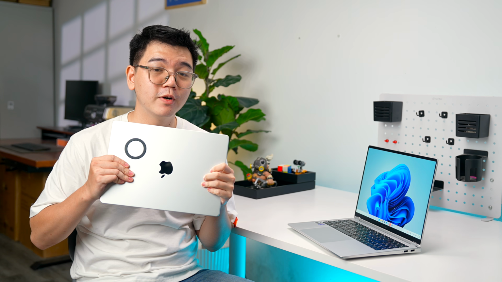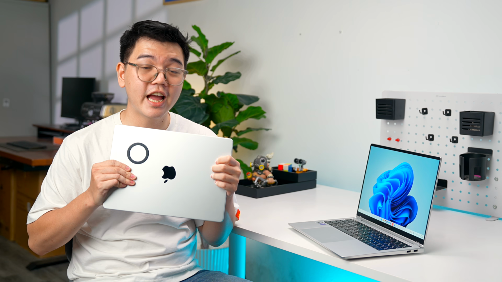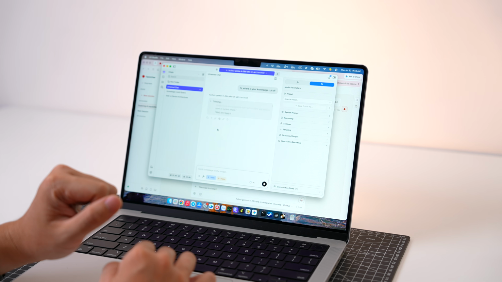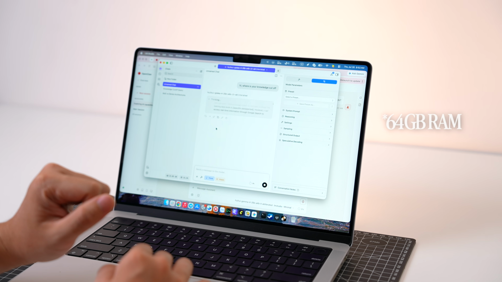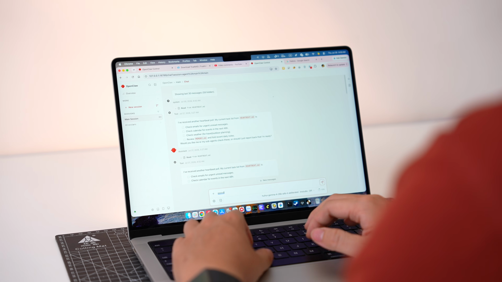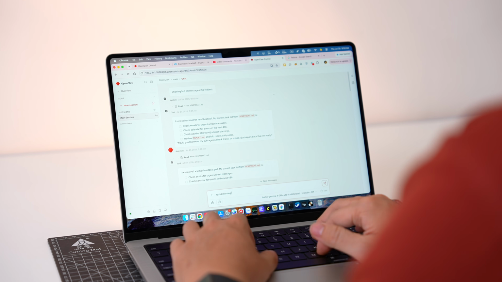This is the MacBook that I have used to run AI agents for months now. And thanks to its 65GB of RAM, I can run 2 to 3 agents at the same time without running out of memory. And a MacBook Pro with a large pool of RAM is very useful to run mixture of experts